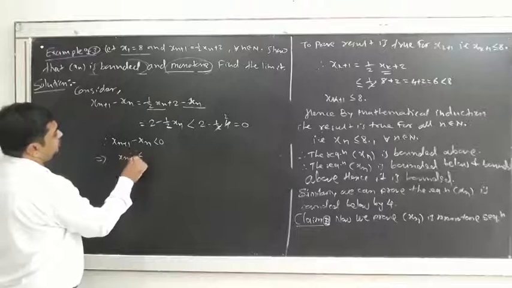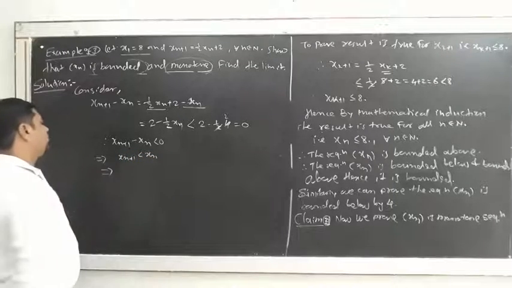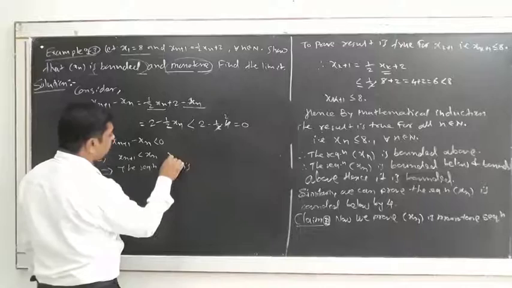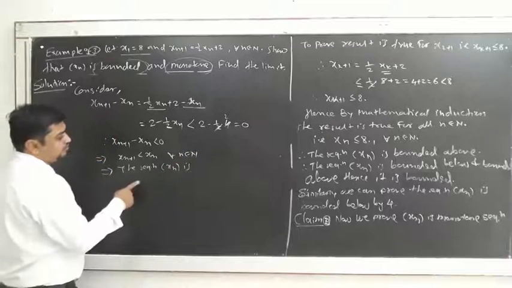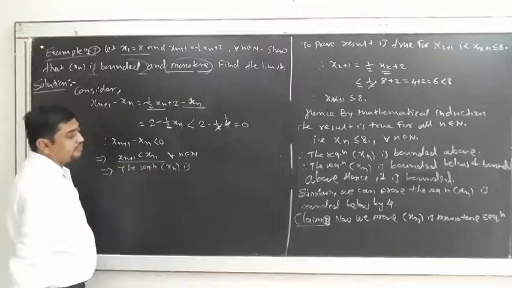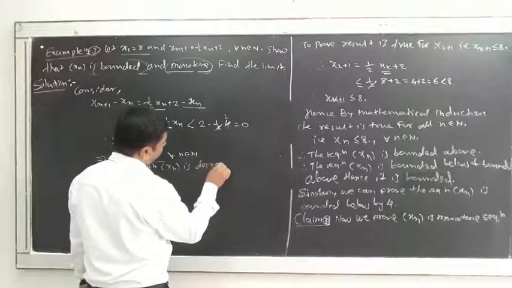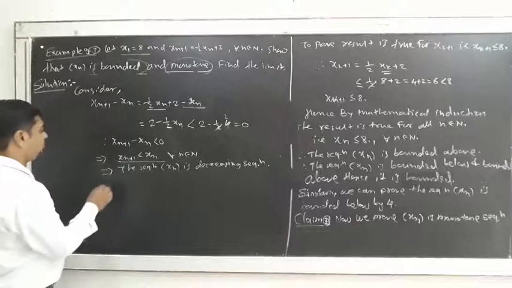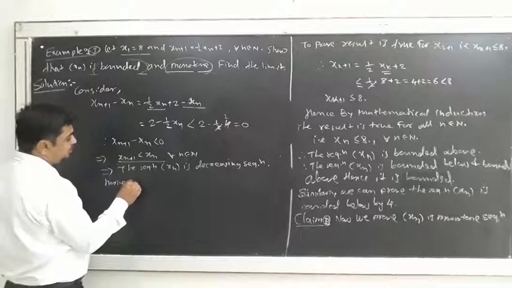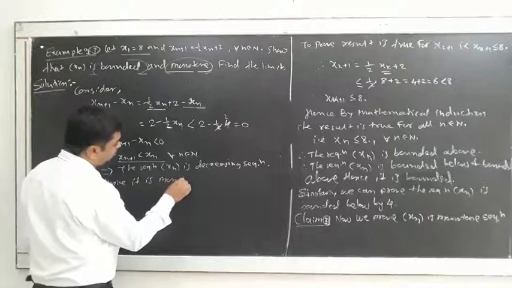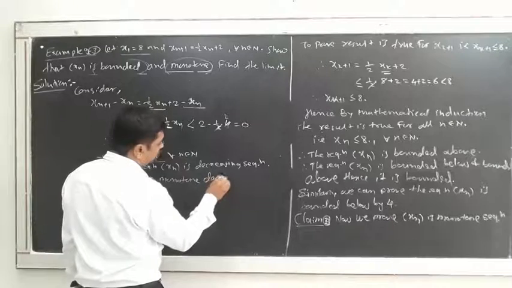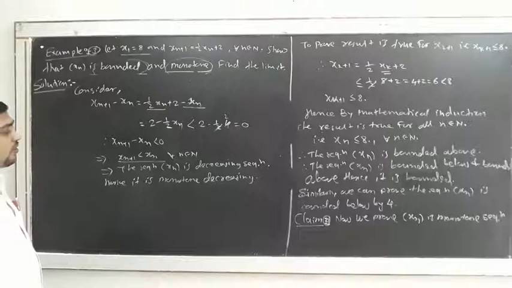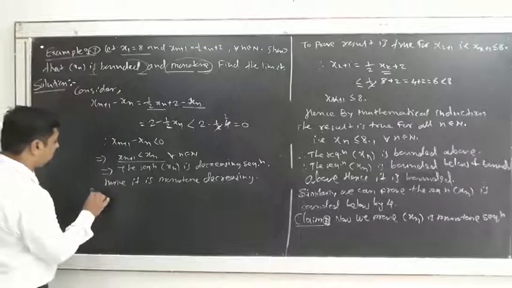Therefore xn plus 1 is less than xn, and this implies that for all n belonging to the natural numbers, the sequence xn is decreasing. The sequence is decreasing, hence monotone decreasing. Therefore what we proved is that this sequence is monotone and this sequence is bounded, therefore by the monotone convergence theorem,